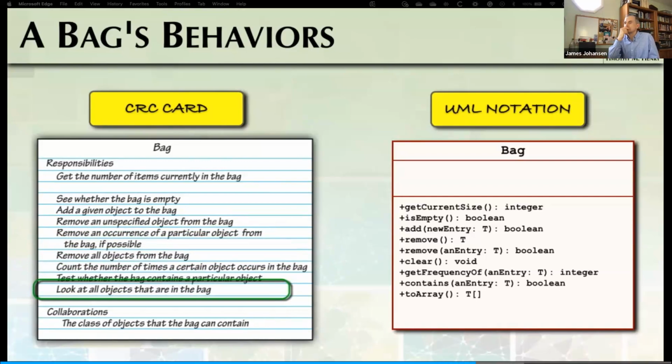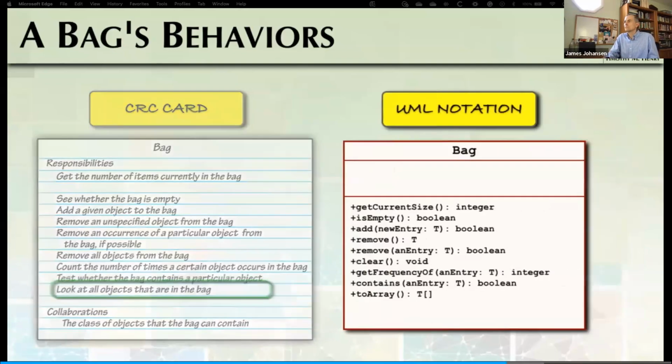Then finally, we want to look at the contents of the bag. Rather than providing a method that displays the entries in the bag, let's define one that returns an array of these entries. The client is then free to display any or all of them in any way desired. This design decision makes our class more portable and independent of display methods, such as needing to determine if the application is console or GUI based.